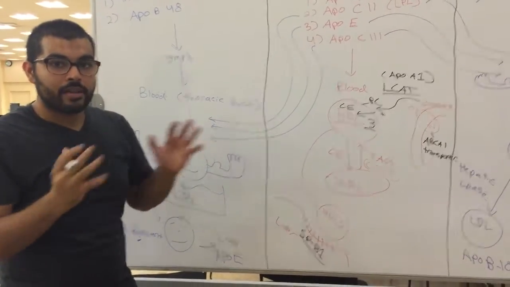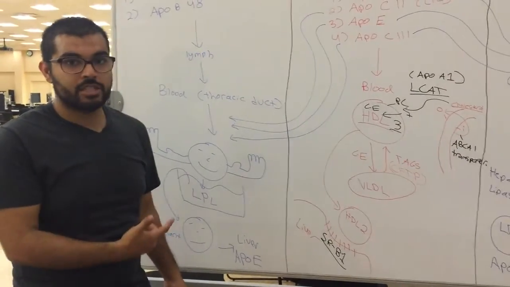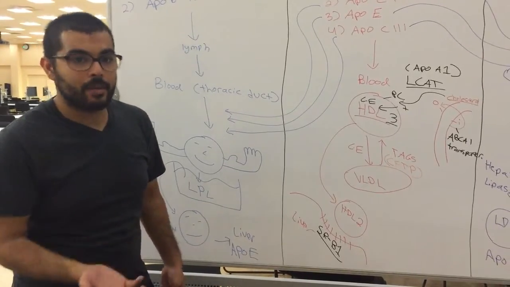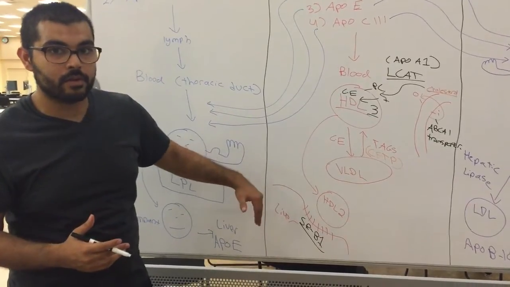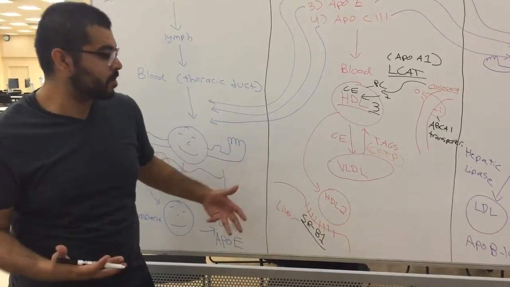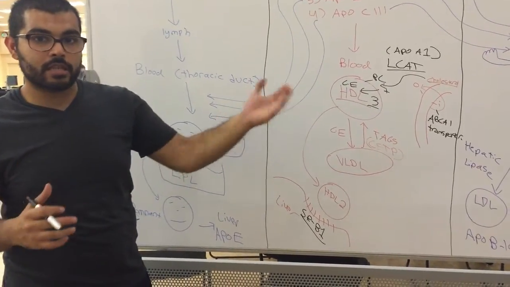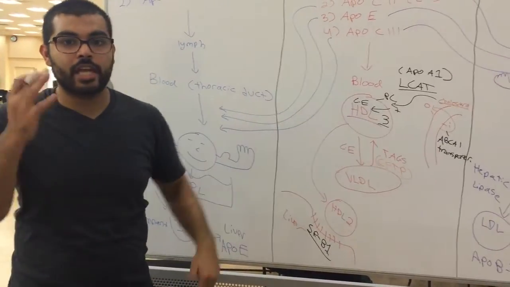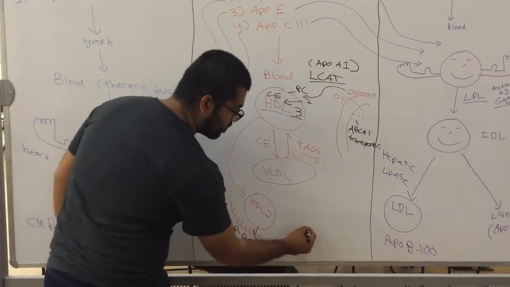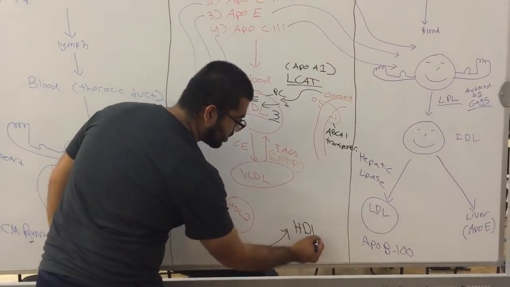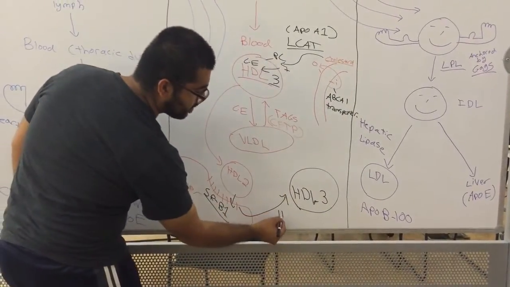Your HDL2 will be cracked open in the liver, and there's going to be a certain enzyme inside that's going to cleave the tags off of HDL. That enzyme will again be your hepatic lipase. Hepatic lipase will come in once HDL is anchored on the membrane of the liver because it's recognized by SRB1 receptors, right? Your hepatic lipase is going to come in, crack open your HDL2, get the tags, and then convert HDL2 back into HDL3. So, once this happens over here, this will be converted back into HDL3 by your hepatic lipase,